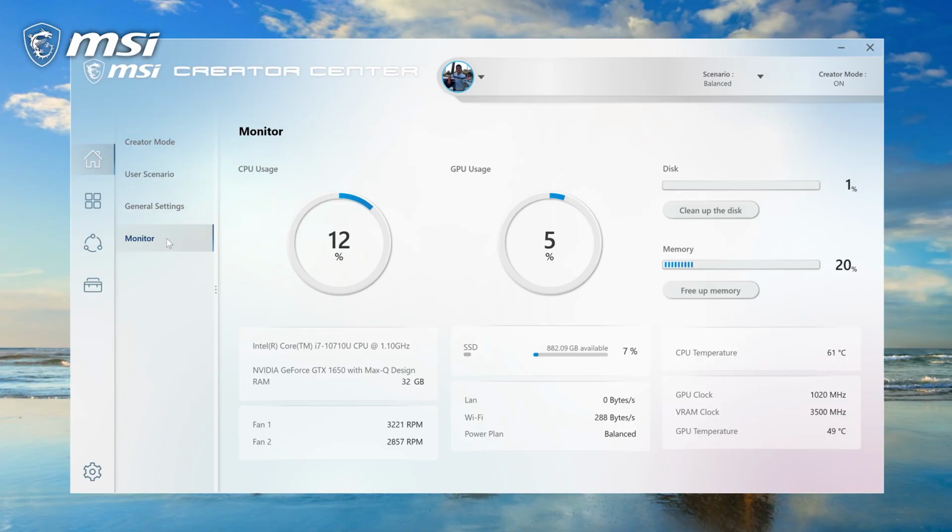that sense. But perhaps one of the best things about Creator Center that I've found is how low profile the application is. While running in the background via the system tray, it consumes minimal resources and shouldn't noticeably eat into your